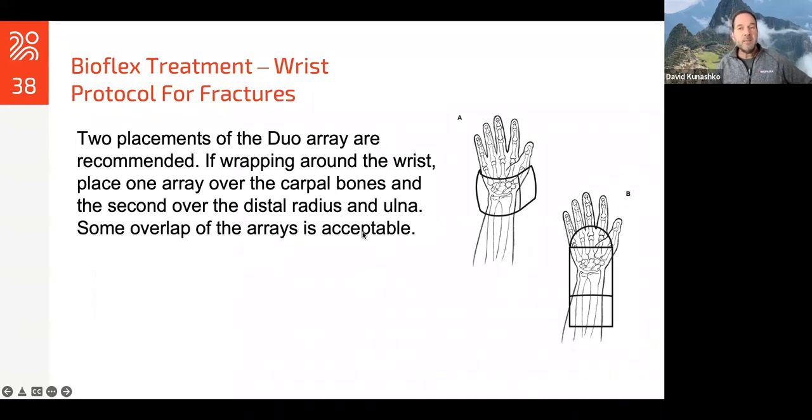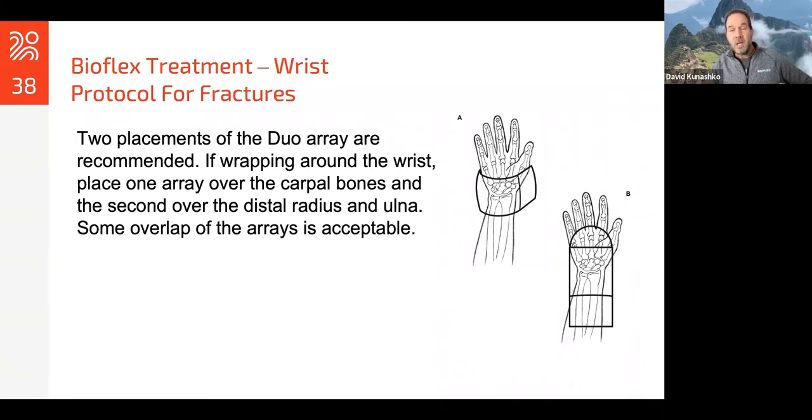Now, where you place the array, it's pretty straightforward. I usually recommend 2 placements, and the two ways of doing it, depending on the array that you have, a really long one or a short one, and or the size of your patient. But usually you're going to wrap the array around the carpal bones and the distal radius and ulna. And then I would do a second wrap around at the distal radius and ulna, just a little bit proximal to that, so there's a bit of overlap to get any soft tissues affected in the area as well. The other option is placing it vertically,